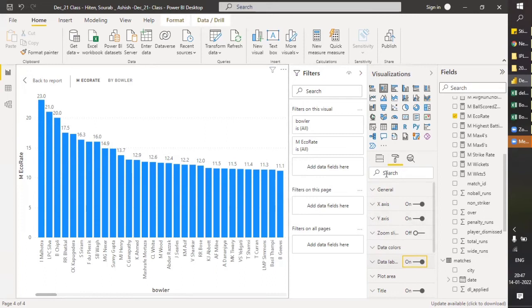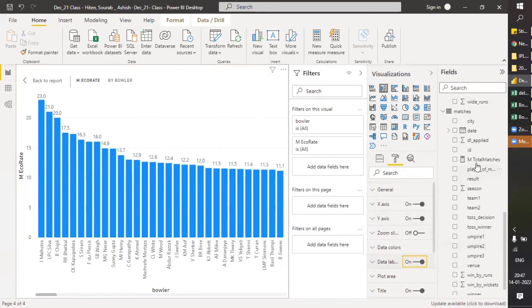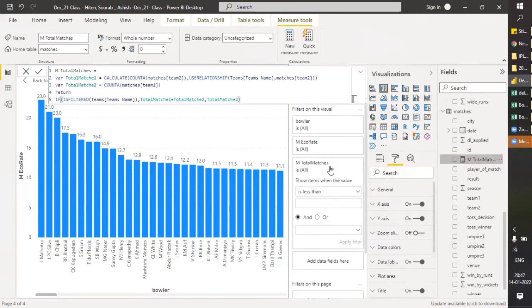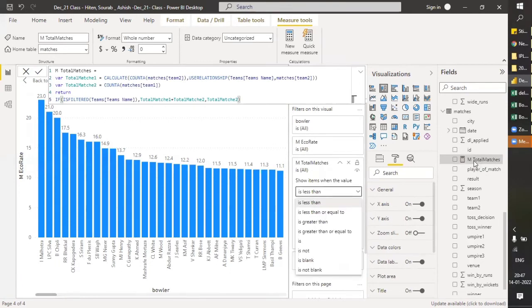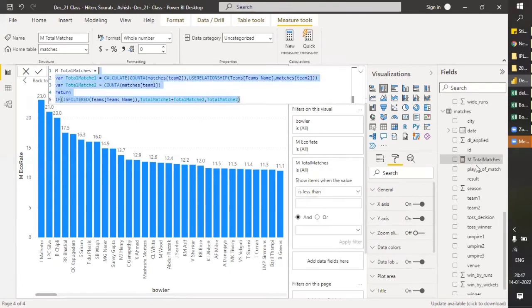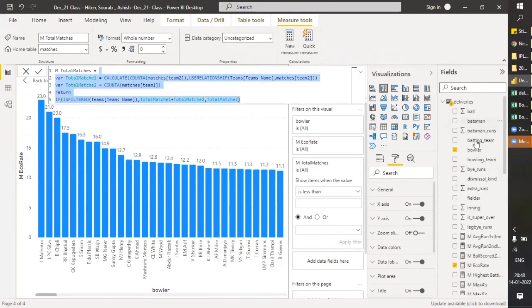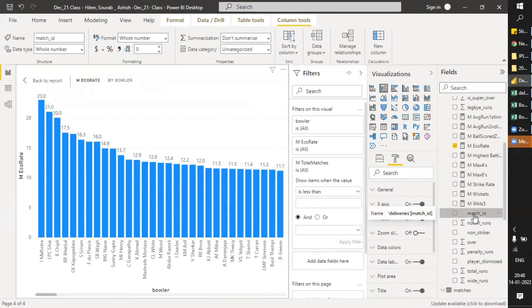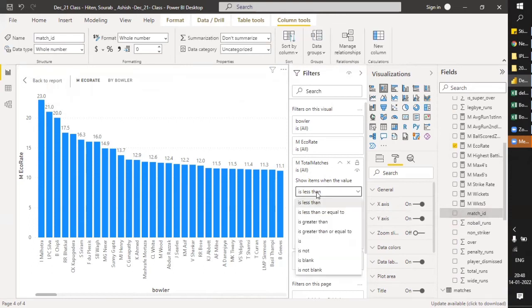So now let's go to the total matches ID. Can you recall why I'm using this DAX of match ID instead of earlier, when I had used the match ID column, just a single number? Any thought? Earlier we had used match ID in this filter, and it didn't work.